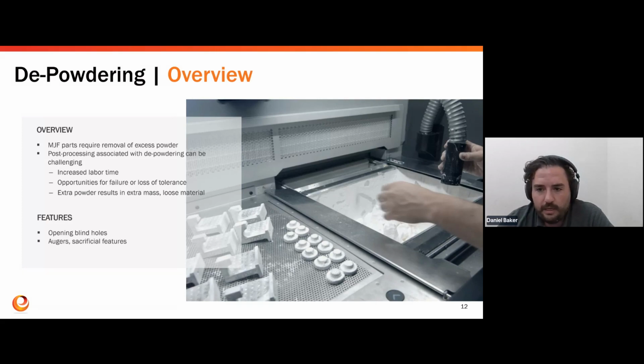So when we think about that, the first step is really, are there any blind holes? Adding relief to those features will allow the media we use to remove that powder a little more efficiently. If there's an exit hole, you have somewhere for that powder to go or to quickly be removed. Another option is something like a sacrificial feature, which I'll go into more detail on the next slide,